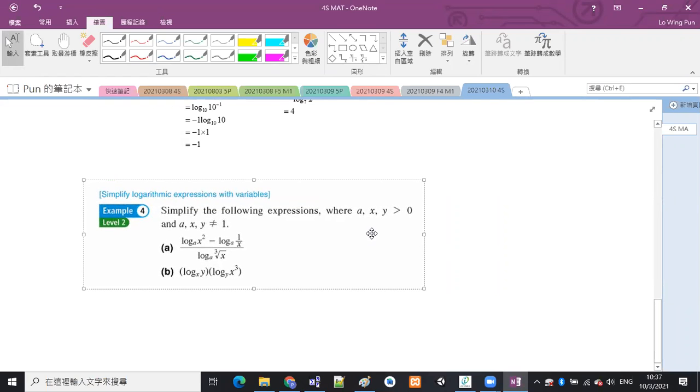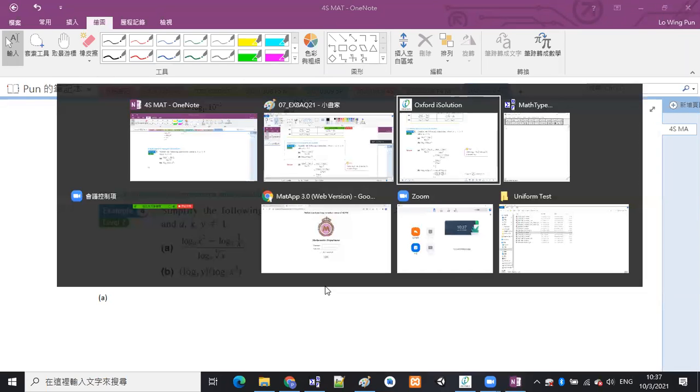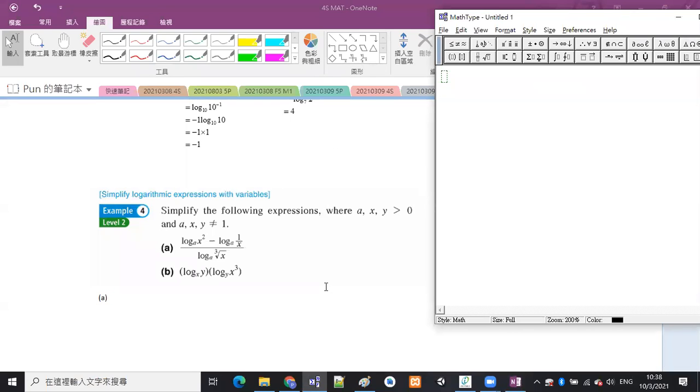Simplify the following expressions where a, x, y are larger than 0 and not equal to 1. 係咪好適合做 base 啊?又要大過0,但係又唔能夠等於1。所以 a、x、y 都好適合做 base 嘅,係咪?OK 係可以做 base 嘅,有資格做 base 嘅。OK,part A,好,我哋睇下呢啲冇數字嘅 log 點樣玩啊?抄題目先啊!抄題目都好緊要喎,唔好抄錯題目喎。